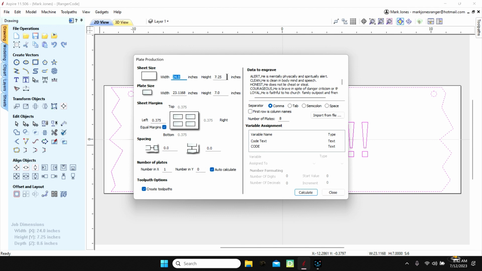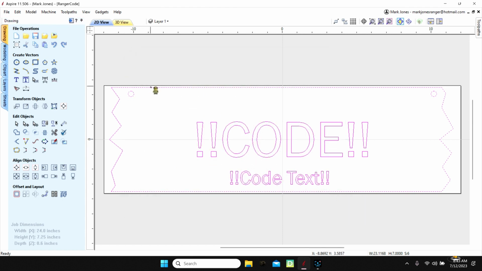This is 24 inches, 7¼ inches. It remembers these from your settings. And then you set your margins in so that it'd be about right. I'm going to be holding this down with a washer and screw kind of a deal. And I may bring that in just a little bit so that it fits. So let me go ahead and change that. I'm going to change this and bring it down at this box right here. I'm going to select everything here and bring it down